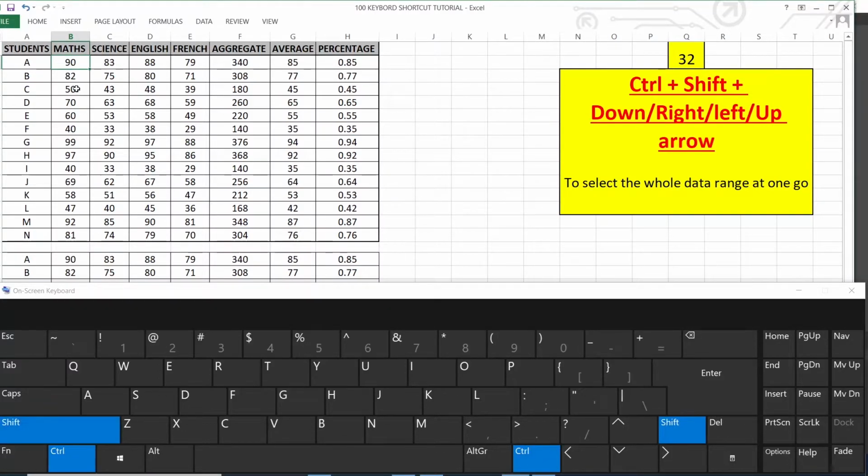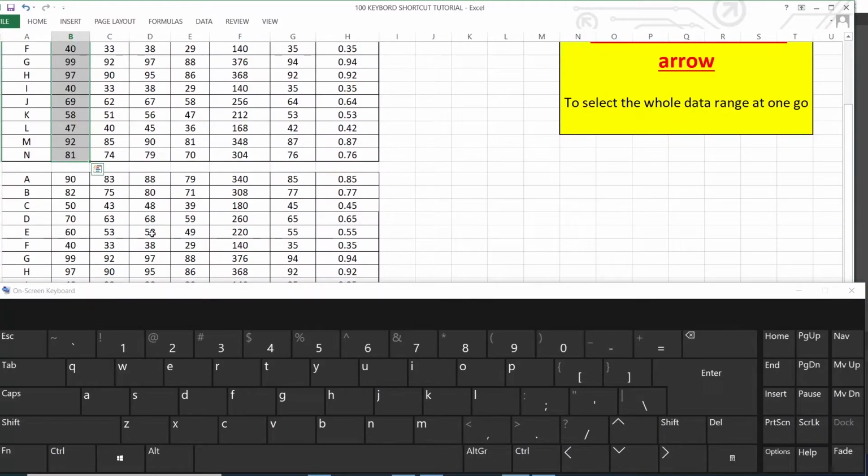If you want to select the data downwards, press the down key. If you want to select the data to the right, press the right arrow key. If you want to select the data to the left, press the left arrow key, and for upward, press the up arrow key. It will not select the data after the gap.